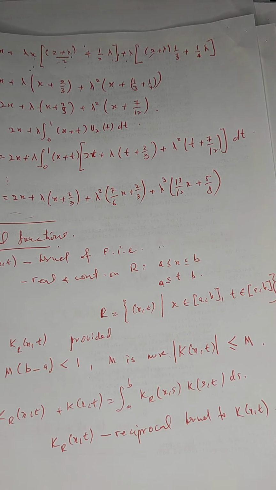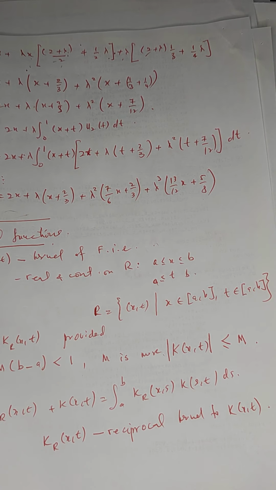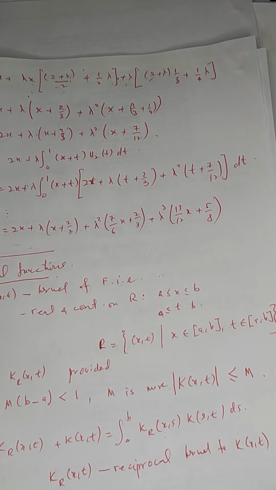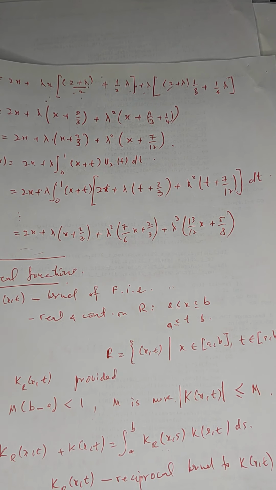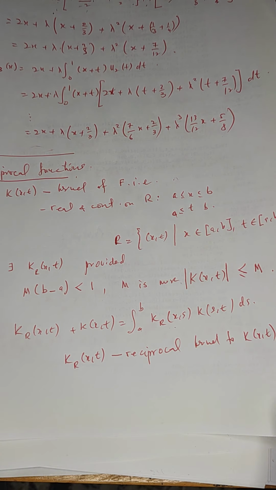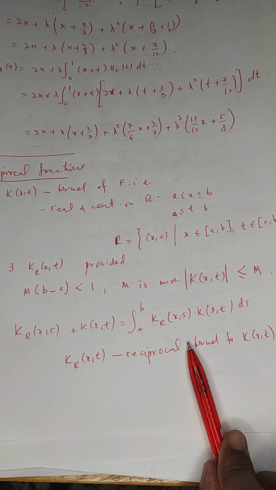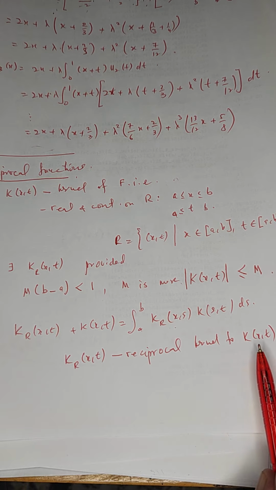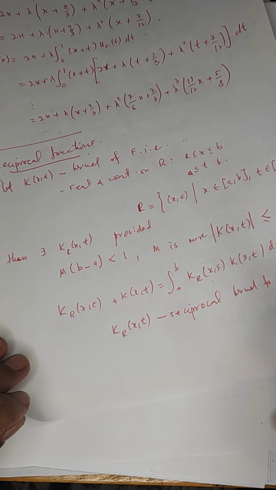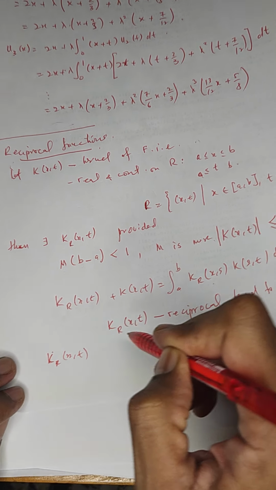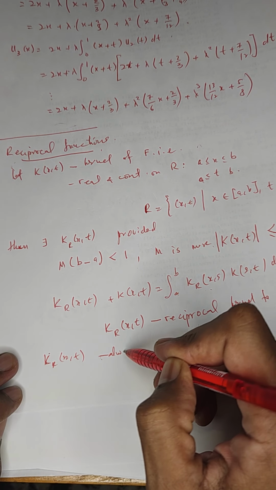K is real and continuous in R and satisfies that. And the reciprocal kernel always exists. The reciprocal kernel to k always exists. You can say k_r(x,t) always exists,